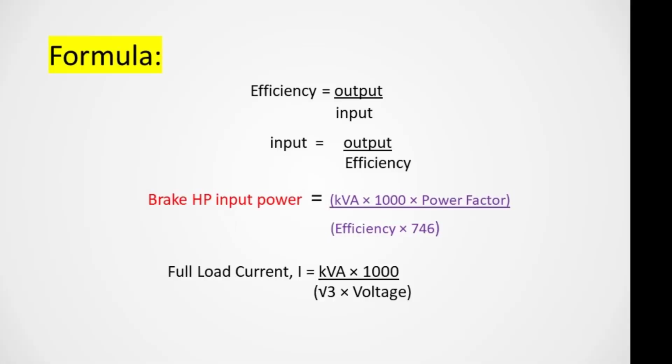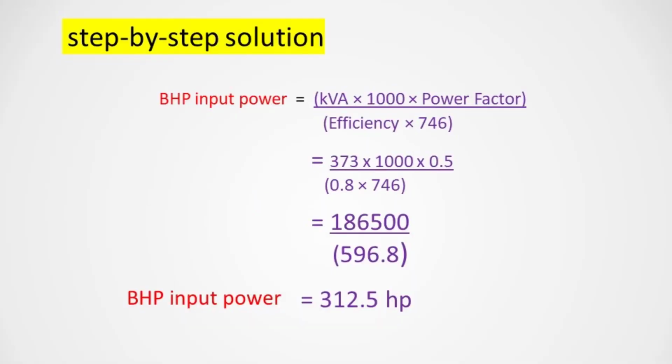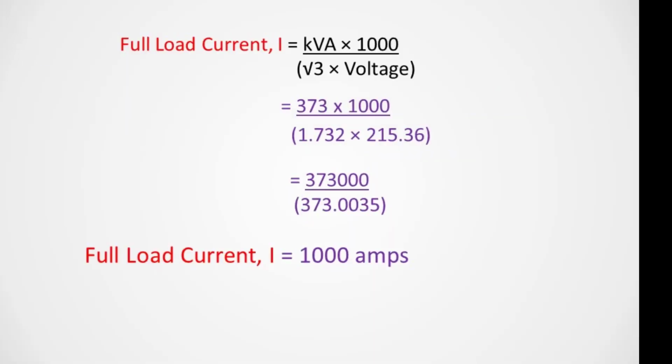BHP equals kVA multiplied by 1000, multiplied by the power factor, all divided by the product of efficiency and 746. Plugging in our values, we get BHP equals 312.06. Next, for the full load current, the formula is current equals kVA multiplied by 1000, divided by the product